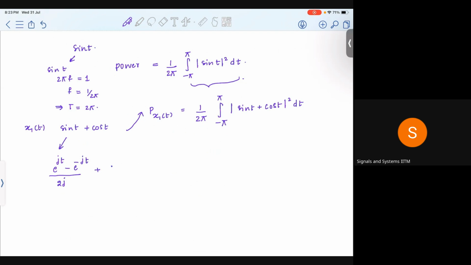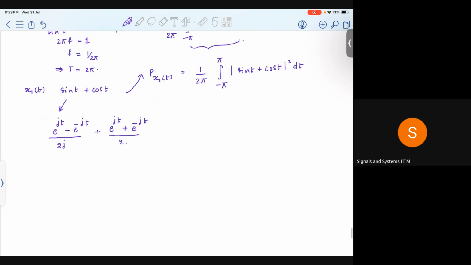Cos t can be represented as e power jt plus e power minus jt by 2, which in other words is e power jt into 1 by 2j plus 1 by 2, plus e power minus jt times, sorry,